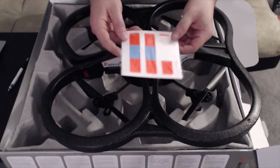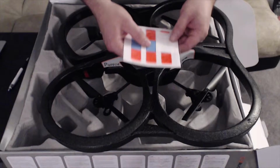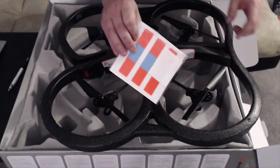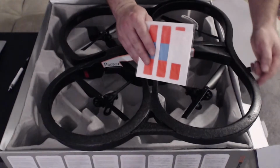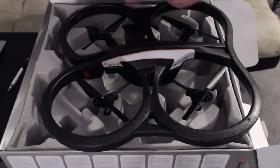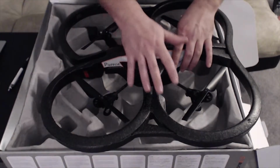Now these stickers here, fluorescent orange with a very bright looking blue. I believe, at least from the pictures I saw on the box, that these stickers will go on the outside of the indoor bumpers. I guess that's to give you an idea of where the edges are. Speaking of edges, if you fly this without the indoor bumper,